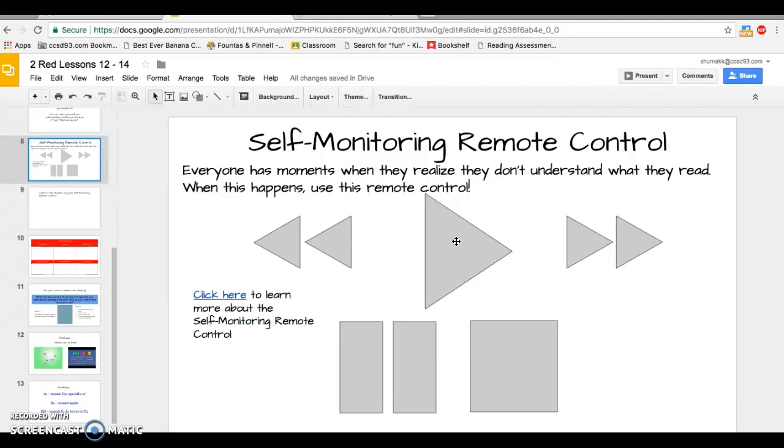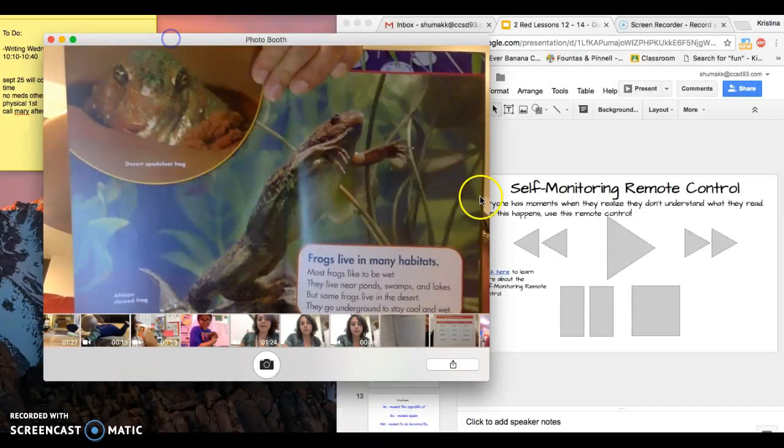So this is usually not a very good option. We only want to use this every once in a while. If we've tried all the other options and they're not working, then we can continue reading as long as it's not disrupting our understanding of the text as a whole. Then you might want to hit the play button. So I'm going to show you how you might want to use some of these other buttons that might be more effective. So if I have a page like this,